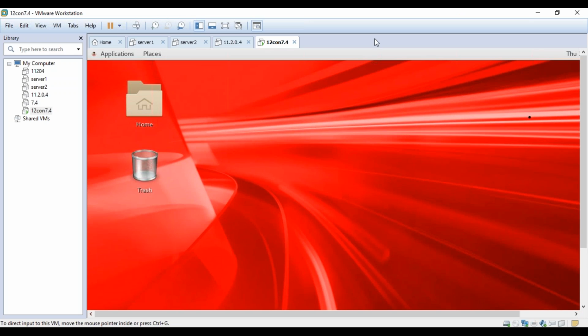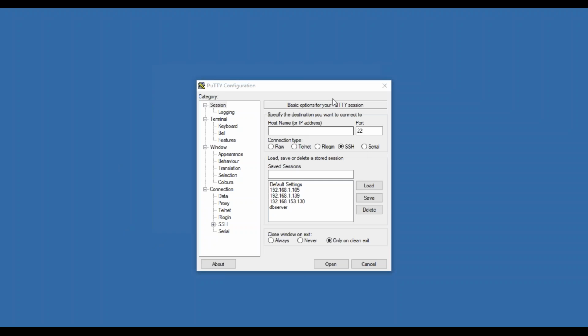So once we have this, then we are not going to use VMware directly. Instead we'll always be connecting through PuTTY. So let me open PuTTY and show you the things. So this is my PuTTY. You need to make a note of the IP address that we have given earlier. So I have given this IP